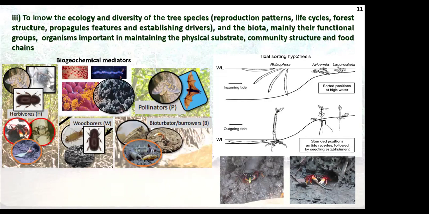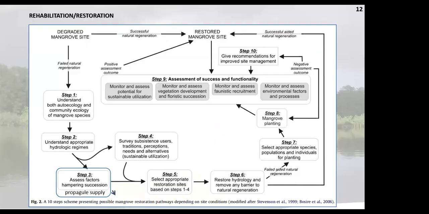Also, you have to recognize or know if some species consume the propagules, eat the propagules. Frequently, crabs and other invertebrates eat the propagules, and they can determine the tree species that are in the areas because they eat some propagules more than others. This is an extremely important issue to know. Well,